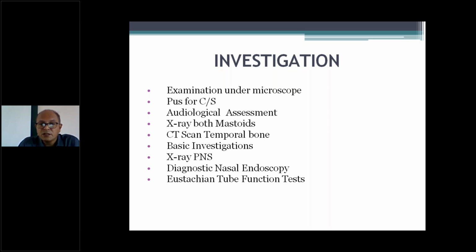the pars flaccida cholesteatoma tends to be more aggressive and causes erosion of the ossicular chain, whereas in the attic you can find a very large cholesteatoma, but the ossicles will be intact. In an attic cholesteatoma, the cholesteatoma will be a big one, but it will not involve the ossicle. We have seen in so many patients that even though the cholesteatoma is large, the ossicles are intact. So the ossicular erosion is much more common and occurs early in a pars tensa cholesteatoma.